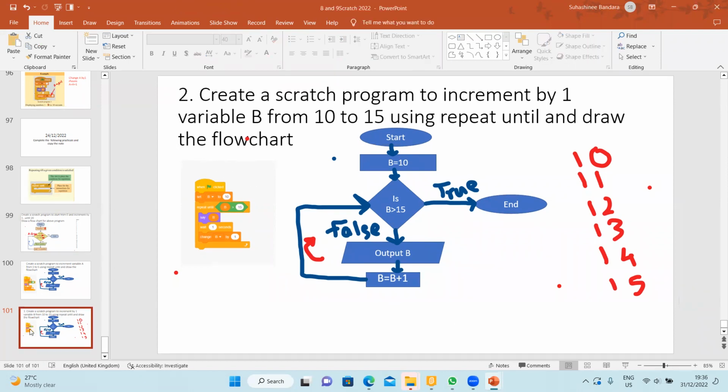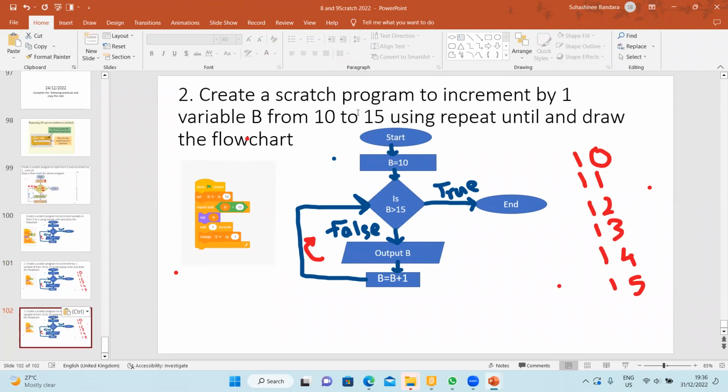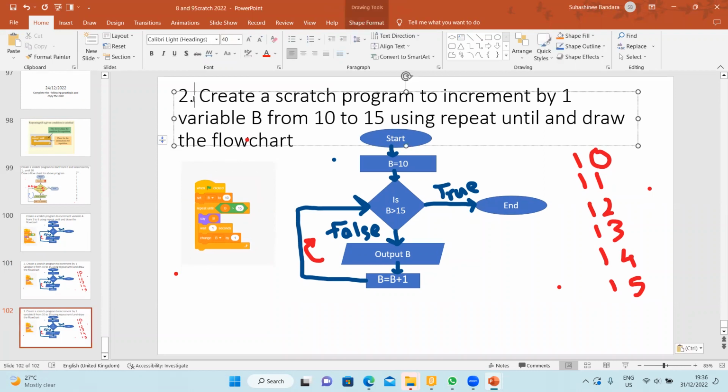Okay, a little bit harder I'm going to give. This is a little bit similar to upper classes questions. Question number 3, I'm going to edit the same thing. Write the question number 3. Create a Scratch program. First, you have to start from the flowchart, even though I give the question with the program first, you have to start from the flowchart. Write down, create a Scratch program to increment by 10